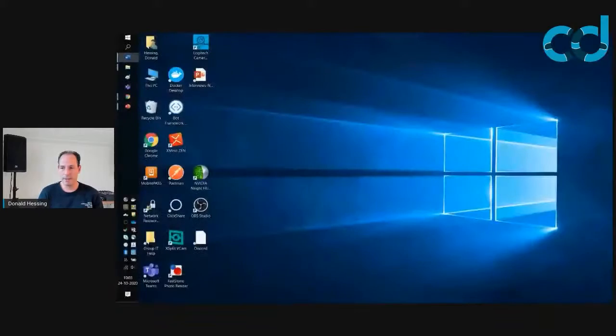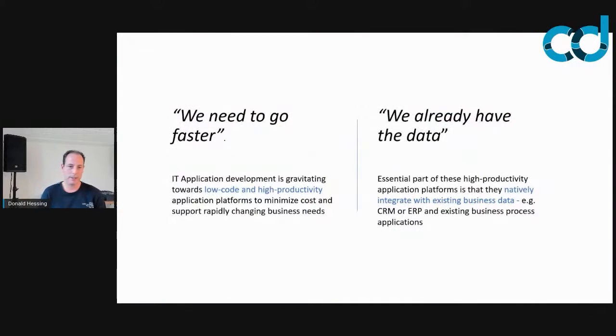Now, what all these applications have in common is that they have an essential part in terms of connecting to existing data sources. So if you look at these businesses these days, all enterprises have a CRM, they have an ERP, they have a PIM system for master data management, and so on.